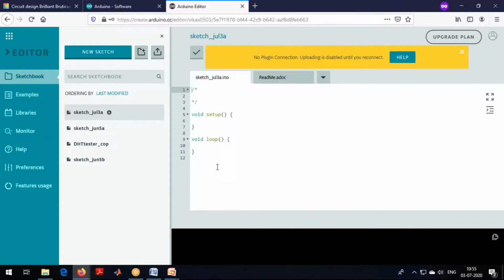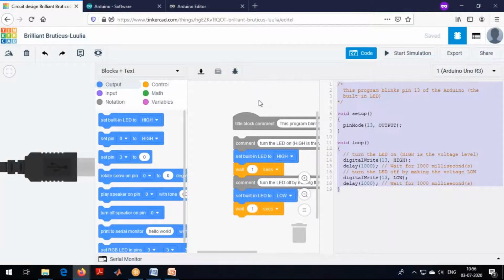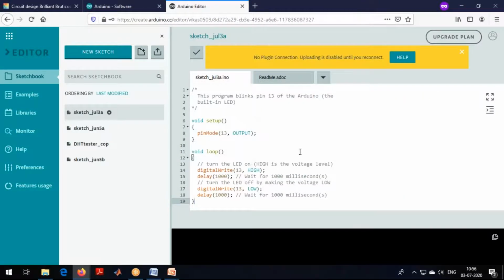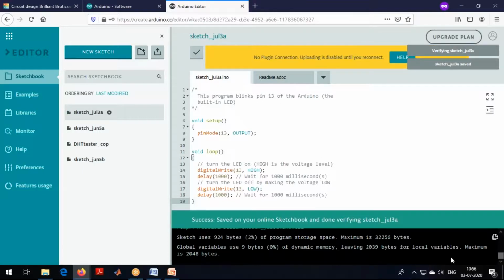Select all these things and paste, Control V. Whatever code I have copied from here, I'm pasting here. If I want to check whether this is correct code or not, I can just click verify and save. Let me check, verify and save. It says it's fine.